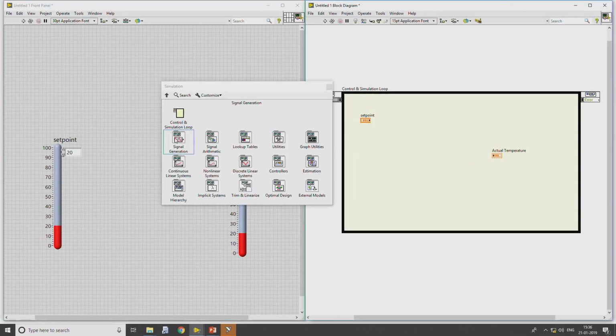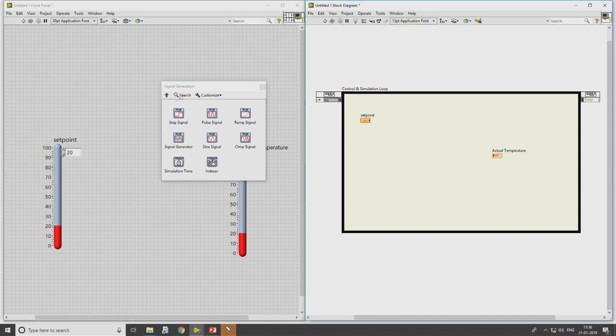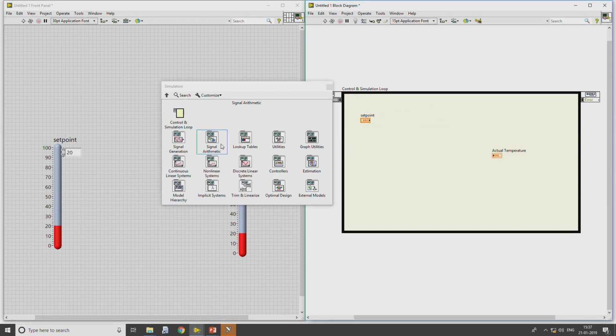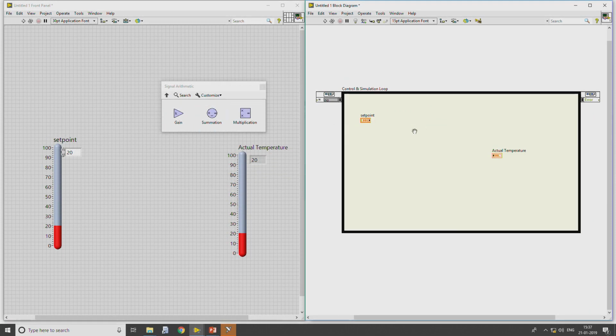For that I will take a summation block, which is already available in signal arithmetic of the control and simulation toolbox. I will rename this to error amplifier, because the operation of the summer in this case is actually a difference amplifier, similar to our error amplifier.